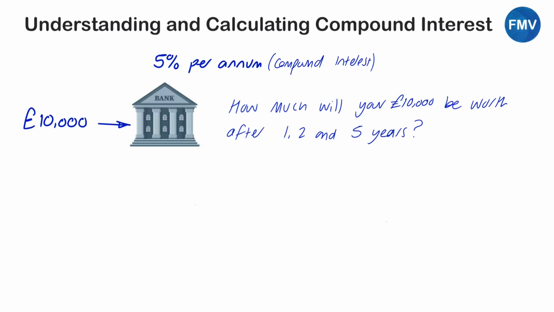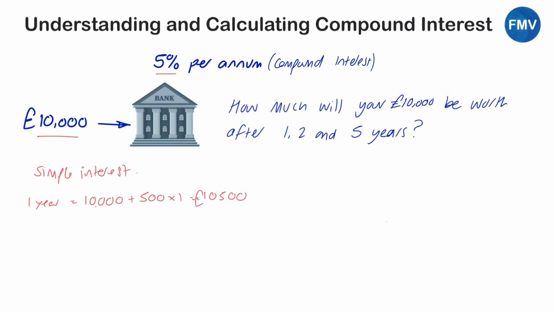Right, so we're going to look at calculating compound interest. Now, if you've done the video just before this, you'd have been looking at simple interest. And if we have a quick recap on that, with simple interest, if we'd invested £10,000 a year at 5% per annum, after 1 year, we would have got £10,000 plus 5% of 10,000, which is 500, and we multiply that by 1 year, and that would give us